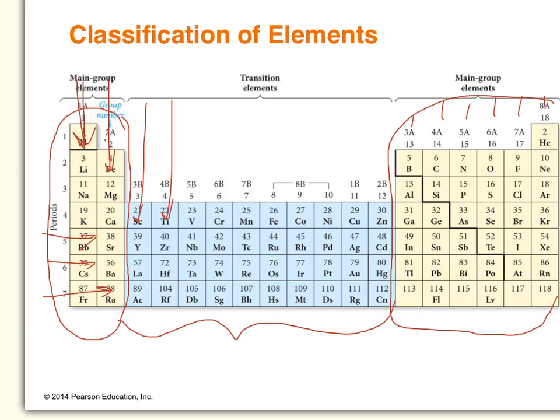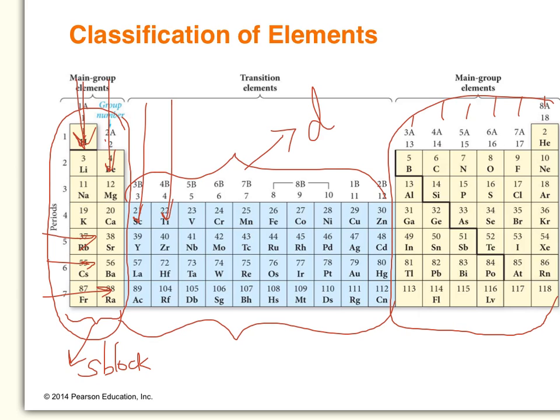Now, these two groups are known as the S block, and I'll tell you why they are known as S block after some time, in another chapter probably. This is the D block, and inside this D block somewhere here, and we'll talk about that again when we go into more detail on the periodic table. Somewhere here, okay,